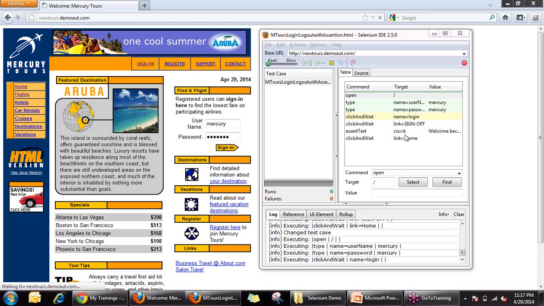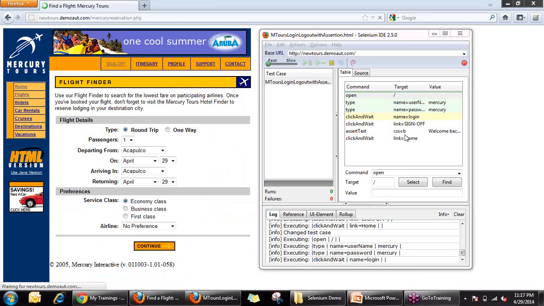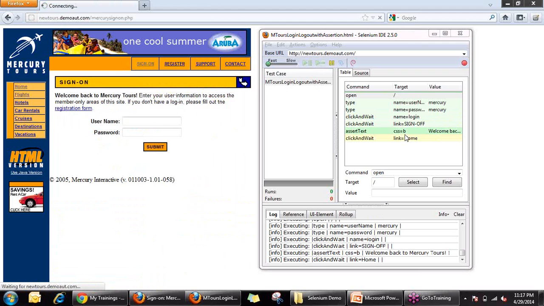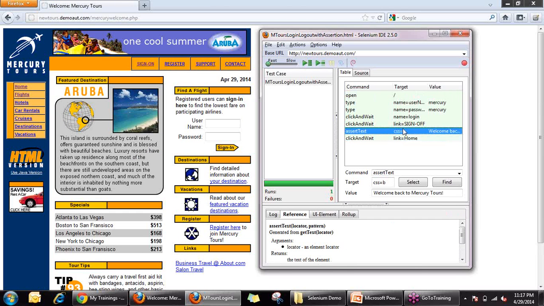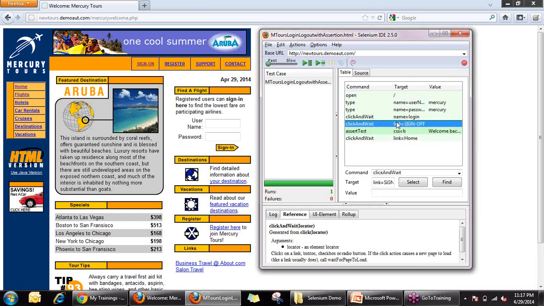The click and wait is a very interesting command. The purpose of this command is to perform a click on one of the locators and then wait for the next page to load. This helps us in giving sync to our test case scenario so that your automated test case doesn't move faster than your web application. We can see that our assert statement, which we have given for validation of proper sign off, has passed and is shown in a bit darker green shade than the rest of the steps.